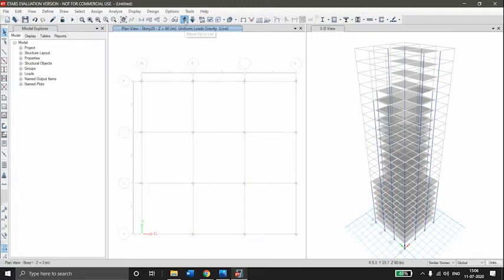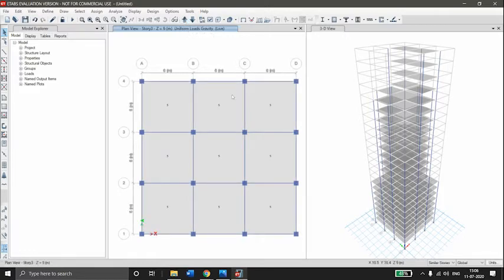We will go to story 1. Select the similar stories option. Now we have to apply the auto-cladding load. So select external beams. All the external beams are selected.